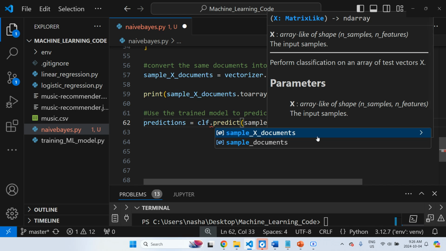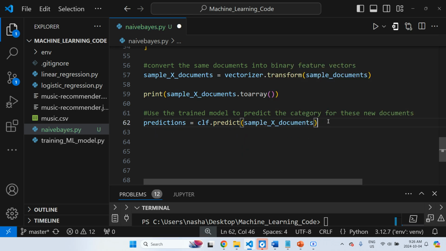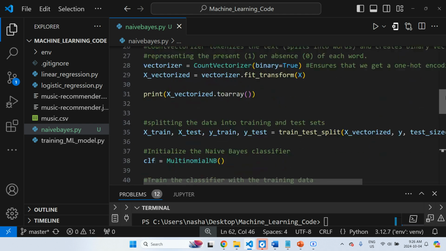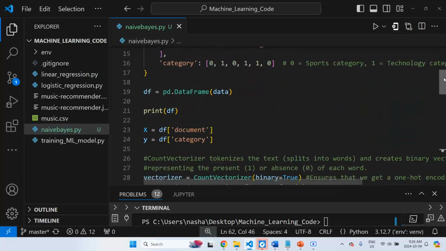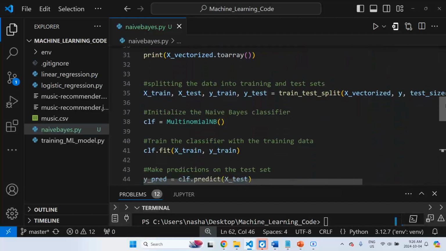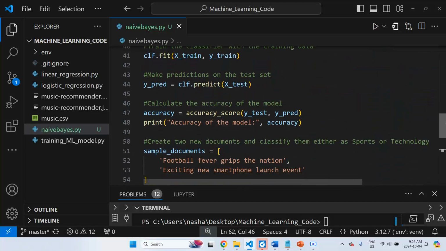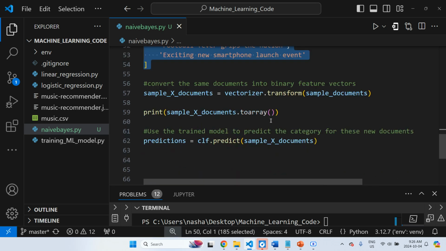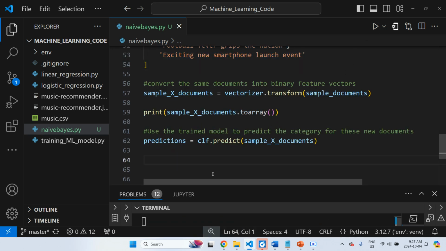We're going to pass in the sample_x_documents, but keep in mind these are vectorized into binary feature vectors. So let's save that. Okay, and actually we are complete. We've set up our data, we've trained our model with naive Bayes classifier. We had an accuracy score, and we're feeding in new sample documents. So if you save that and run it,